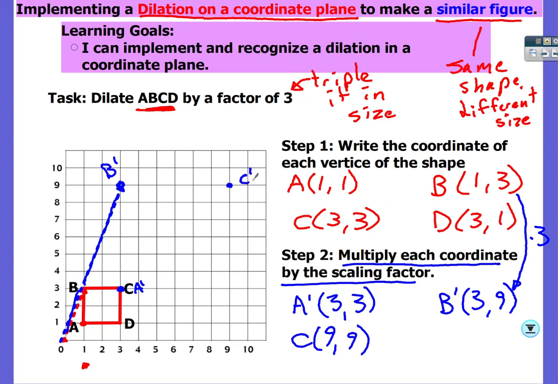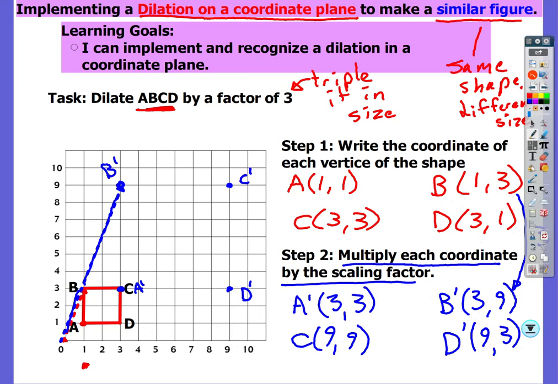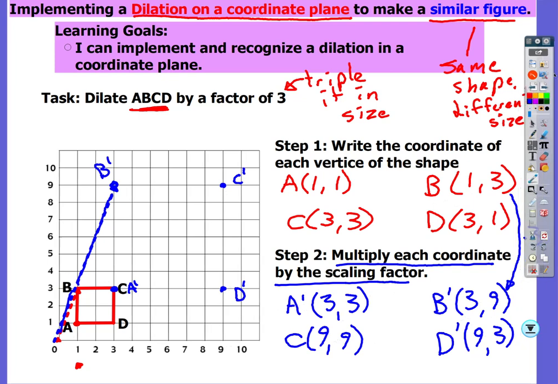And we got C prime. D prime, do the same thing with coordinate D. 3 times 3, that's 9. 1 times 3, that's 3. And we'll go to 9 comma 3 for D prime. And you'll see here, if I look at this,